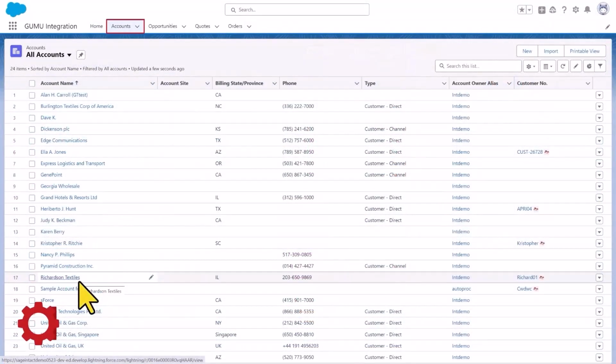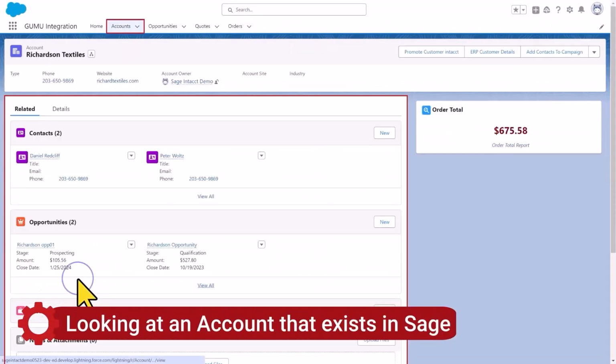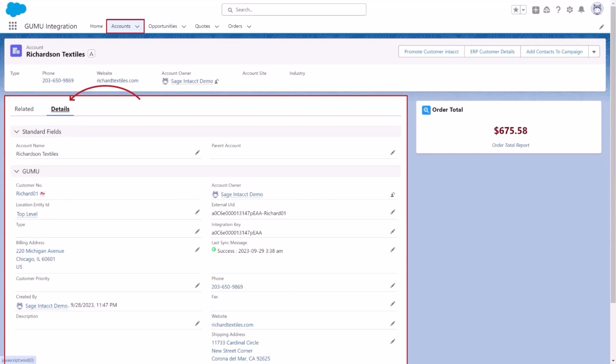Let's go to an account in Salesforce that's already integrated with Sage. On the Details tab, we see key fields that define that this account is connected to Sage already. These can include the customer number, the location entity ID, as well as the last time that this record synchronized. The installation of the GUMU provides these fields in a layout,